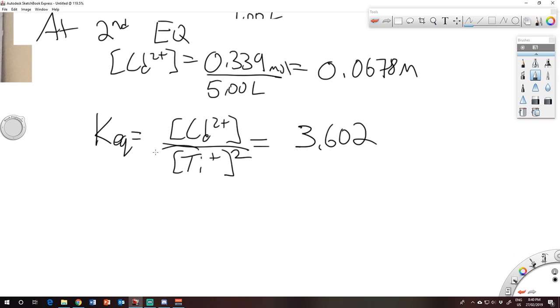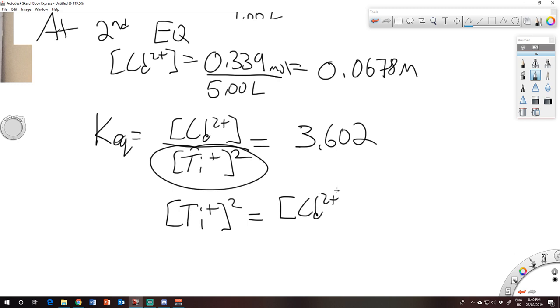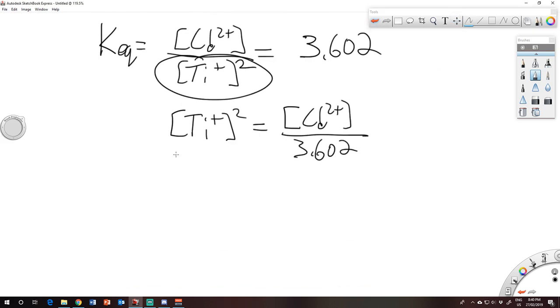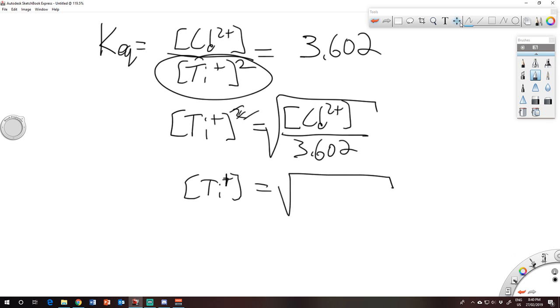Ooh, I can calculate for this. Okay. So to calculate for the concentration of the titanium plus, I can say the following. This is going to be concentration of cadmium 2 plus divided by 3.602. And I know the concentration of cadmium 2 plus because I have enough information to calculate it. So let's do it. Oh yeah, and then to get rid of this square, I can square root that. So concentration of titanium is going to be the square root of